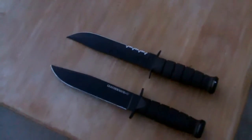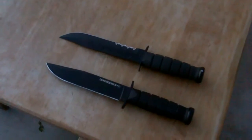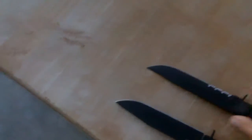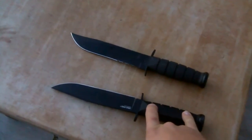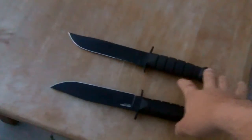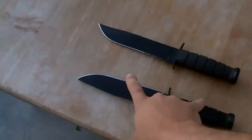Alright, good morning everybody. Just gonna do a quick finish up on this. Took them out, tested them. I'd done more testing actually before this, but I just want to do a little bit on camera for you. The reason why I didn't go through more effort, like making a 2-day camping trip where I did all sorts of crazy stuff to these knives to see which one handled it better, was because